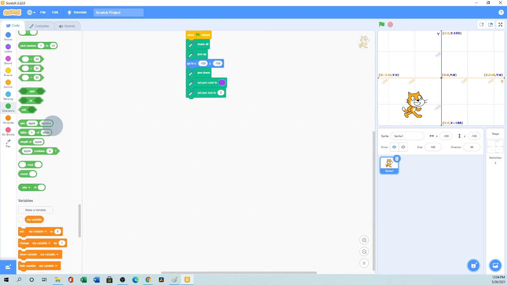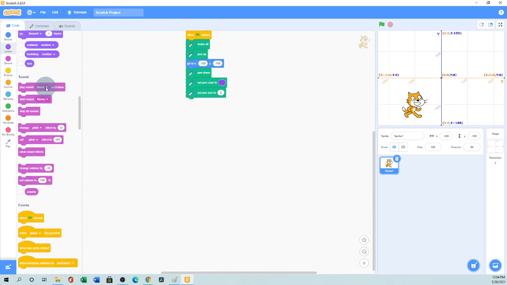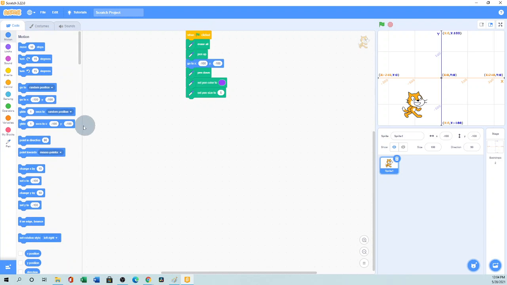So for that we need to use the move block. There are two ways we can do that. We can use the go to X and Y block four times. Just right click and you can get the duplicate. Or